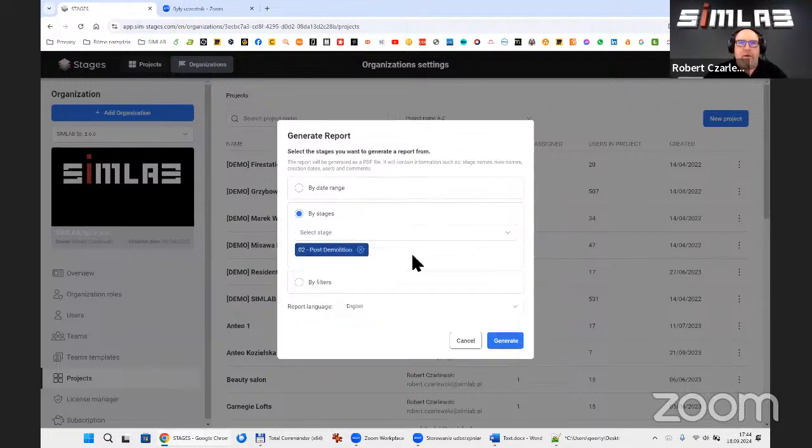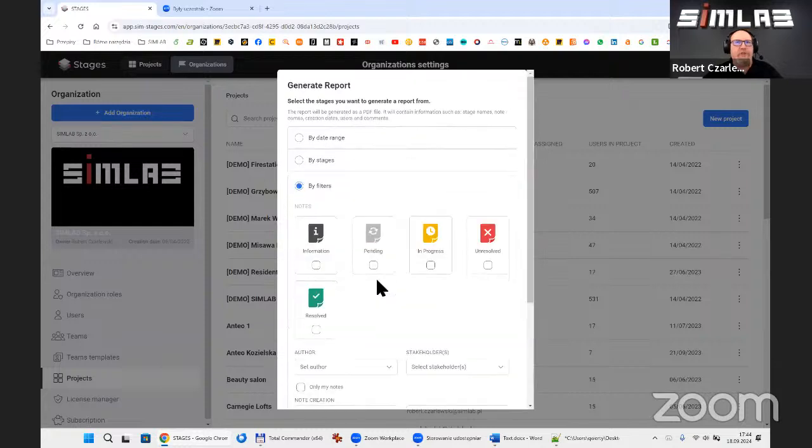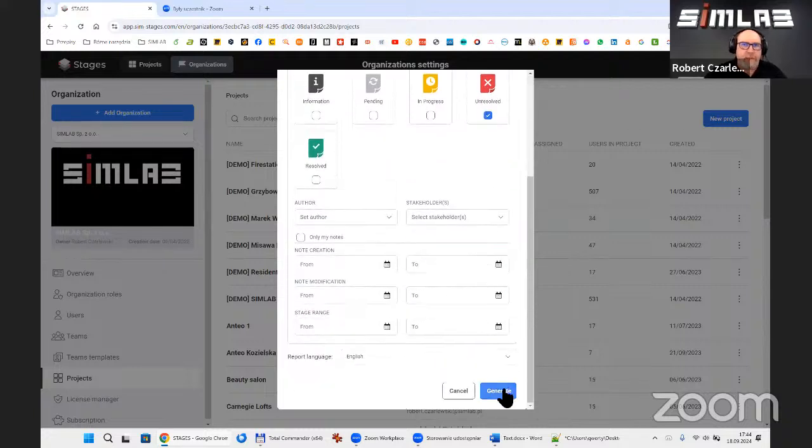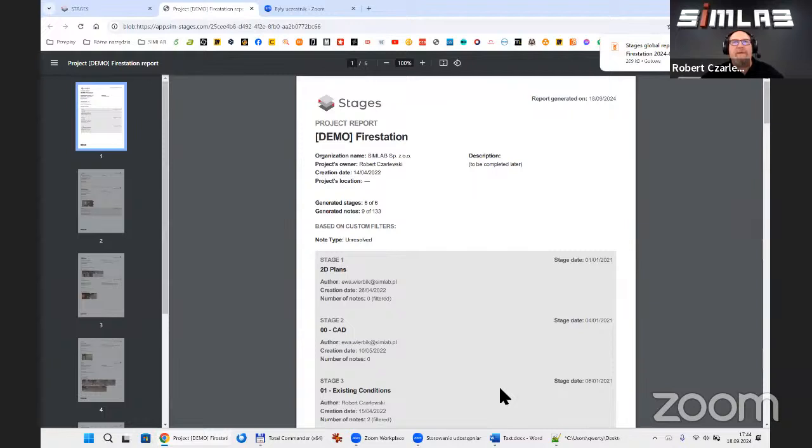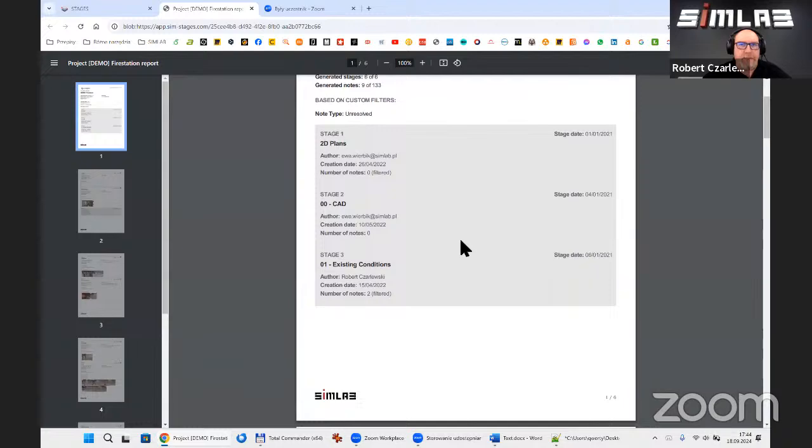And also I can use some additional filters. So for example, I can generate a report only with unresolved status. And if I click generate, the system will prepare the report in the background. It will be prepared in a PDF file format, so you can download it, print it as a part of project documentation, or send it via email, or something like this.